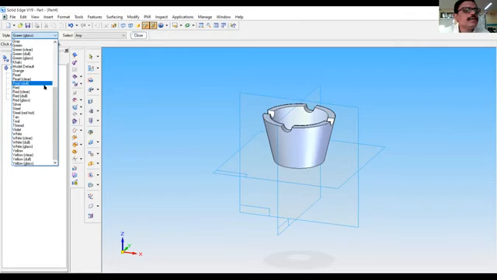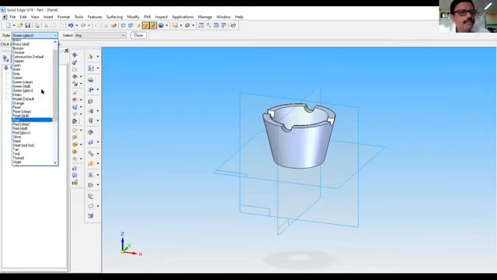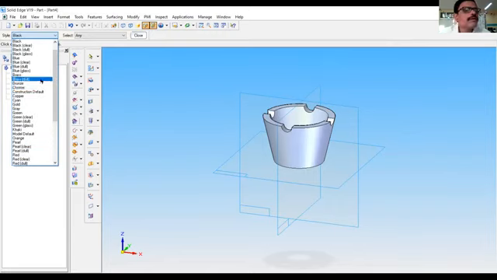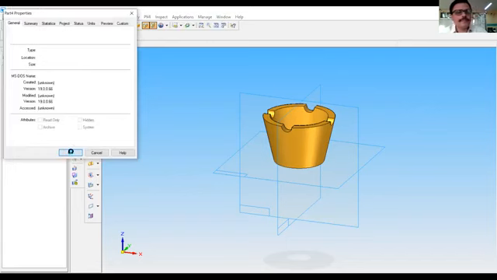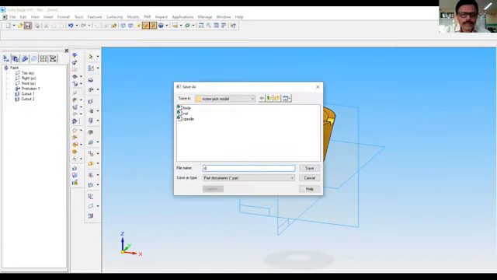I'm choosing here the brass like appearance. Select this, close this, save the part. Part name is cup.